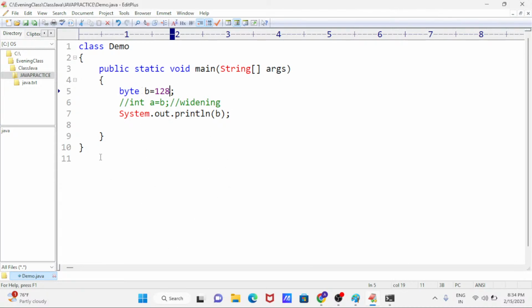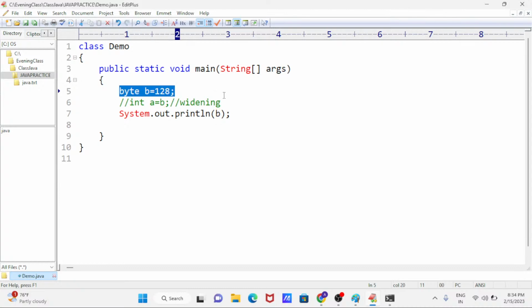Byte b equals to 128. Here this is a higher range value, so inside this b container we can't store it.